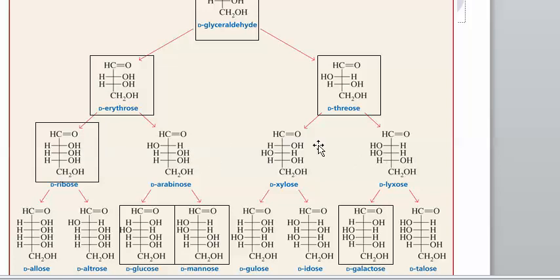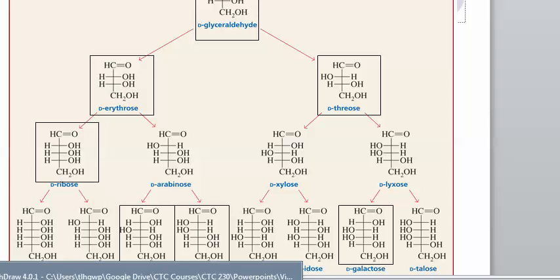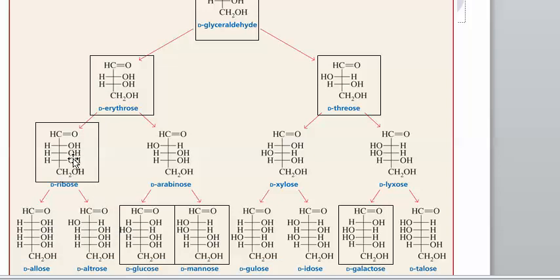Which sugar out of the bunch has the OH groups all on the same side? Here they're on different sides, here they're on different sides, here they're on different sides, here though they're all on the same side. So that means that the C4 epimer in this example is going to be ribose, but